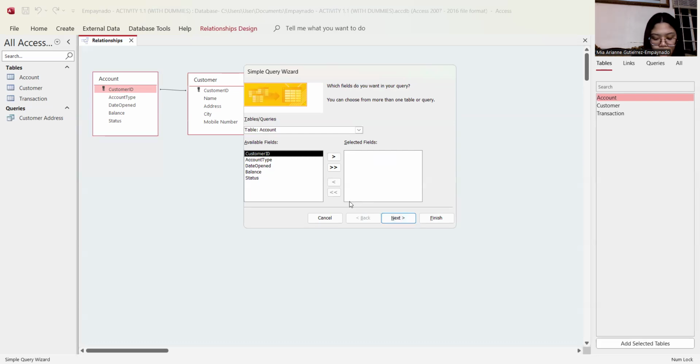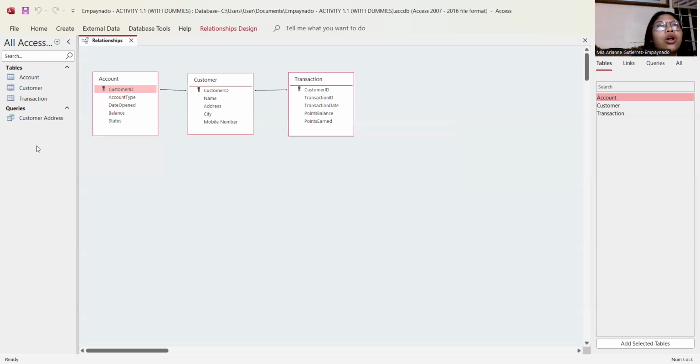Here you can choose your selected table. I can click on the customer. It will show the available fields under that. You can click on the tables for transaction and you'll see the available fields in there. So here are the options for this. For example, I'll put this in the selected fields. And when I click next and finish this, since I already did this beforehand,